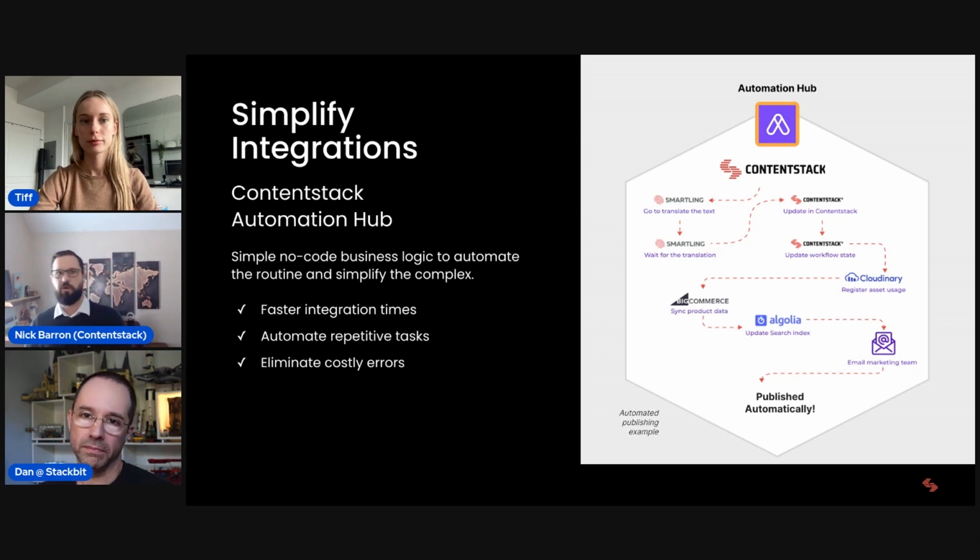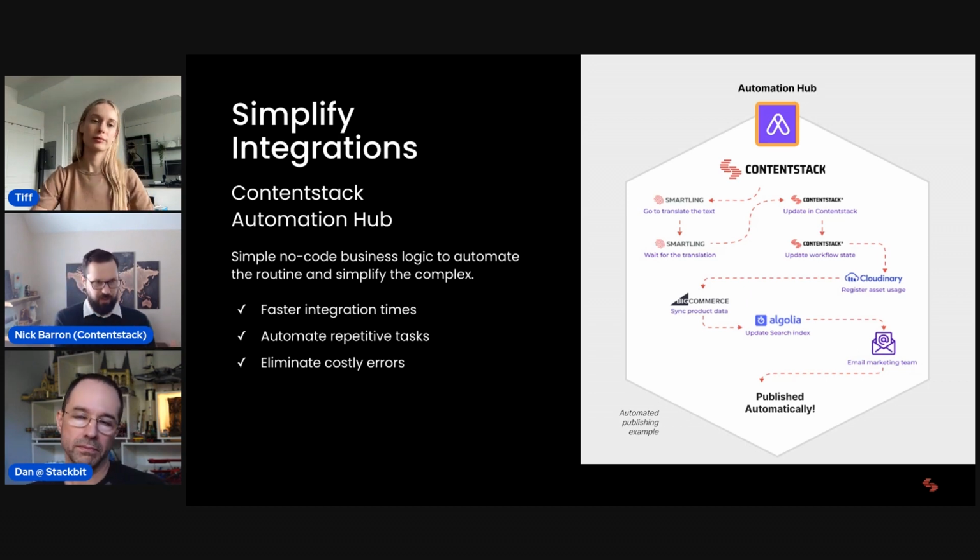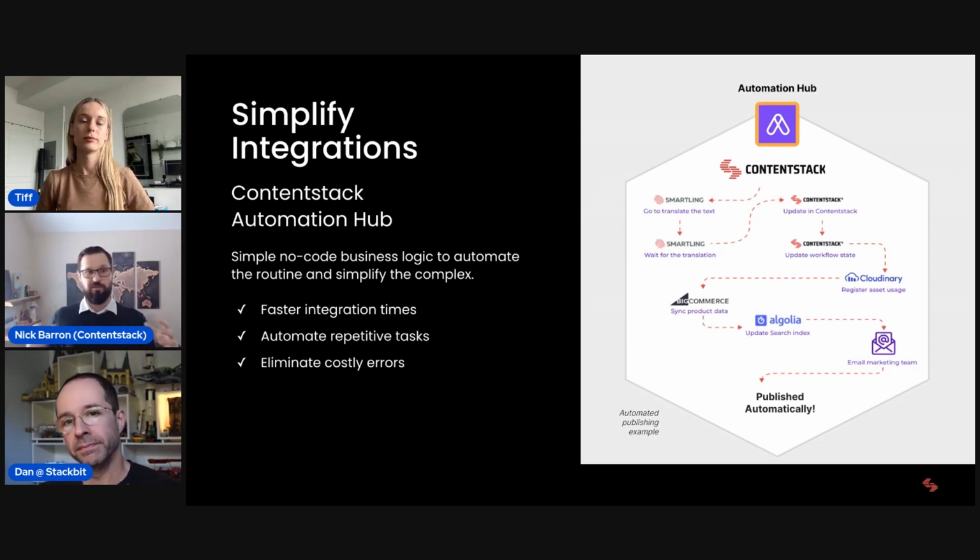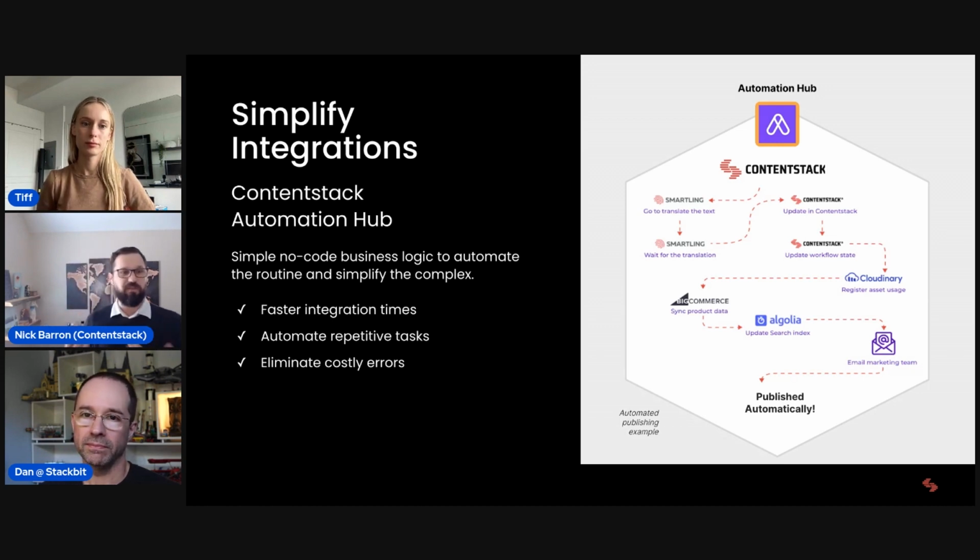So again, not a shameless plug, but these are the types of things that when you're struggling with the idea of how do we go composable, how do we bridge that digital divide between our different departments, the easier it is to integrate, the easier it is to maintain, and the easier it's going to be for the end users of the platforms to be able to do what they need to do in the tool they need to do it. And as we're going to see in a little bit, right, you don't even need to do all of this in our platform, right?